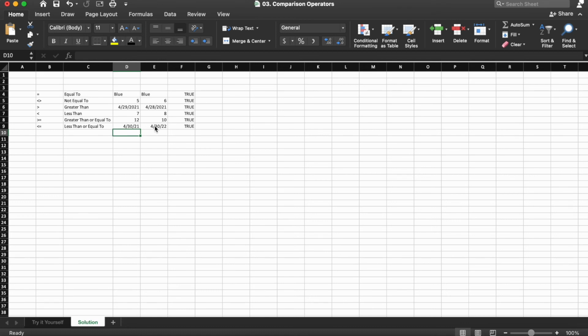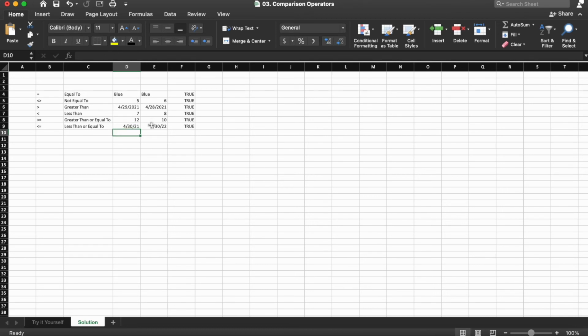And then if we want to make it false, we can go into cell D9 and change it to 23, and we see it evaluates to false. Now if we go in D9 and make it 21, it's back to true.